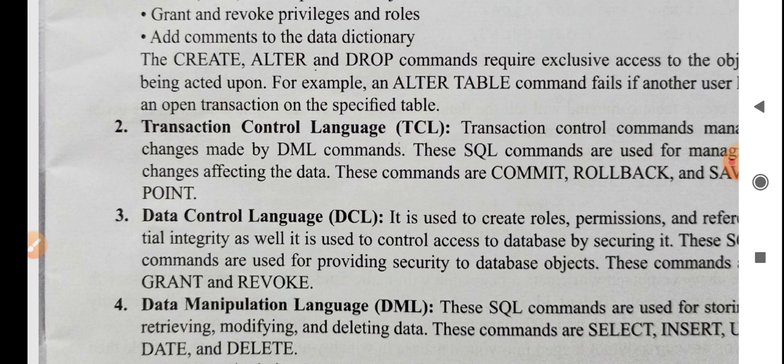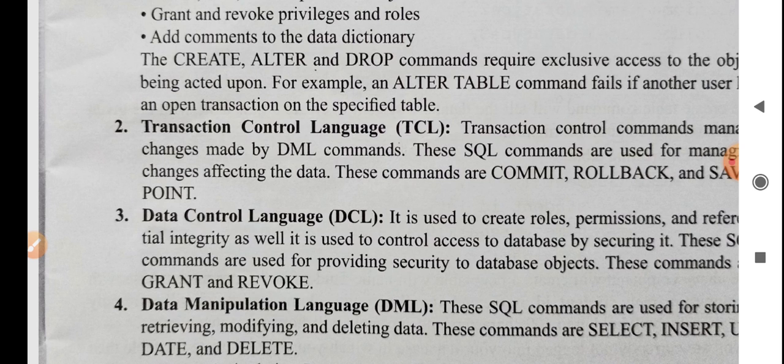We cannot make any changes in it. We can only see the arrival time, the departure time, the route of the train, or any other information. But there is someone who makes changes in the data according to the relevant changes made in the route or the timing of the train. So you can see the reflection of the changes in the database also.